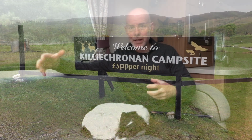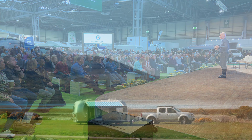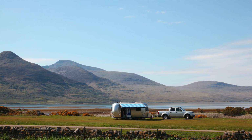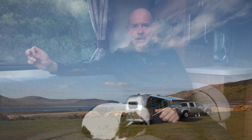And I took a picture that I used in my talk at the Motorhome Caravan and Camping Show at February's NEC to show the kind of beautiful campsite you can have, and there's no need to go wild camping, so responsible camping. And I thought I'd try and recreate that scene with the EV and this caravan, and unfortunately the